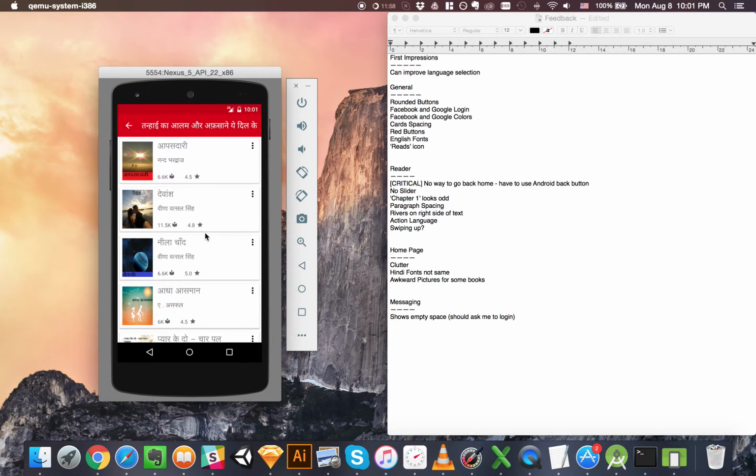Another visual thing. These cards can be connected together with just thin white lines in between, because this is producing a kind of an odd visual effect. Okay, okay. Stars,